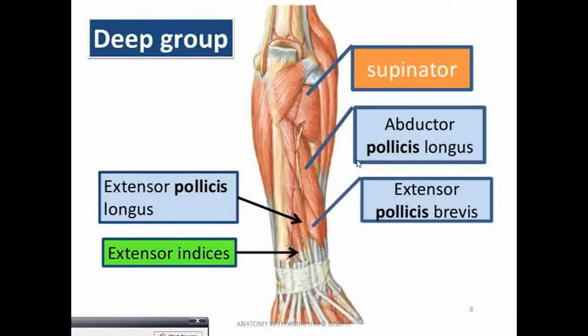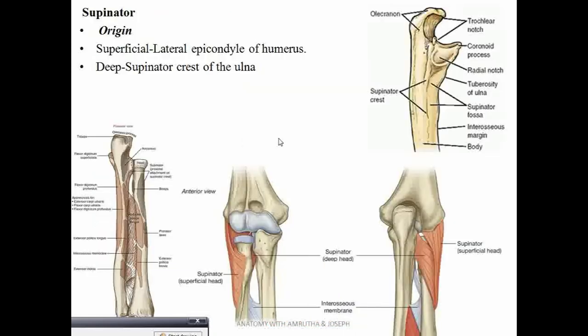Now coming to the deep group, these muscles can be seen when we remove the superficial muscles. They are supinator, abductor pollicis longus, extensor pollicis brevis, extensor pollicis longus, extensor indicis. Supinator,